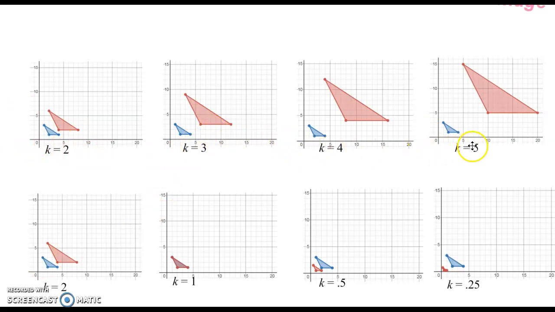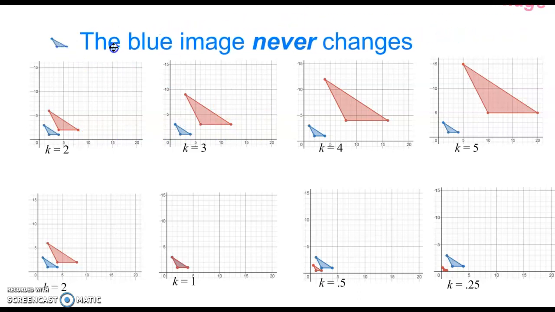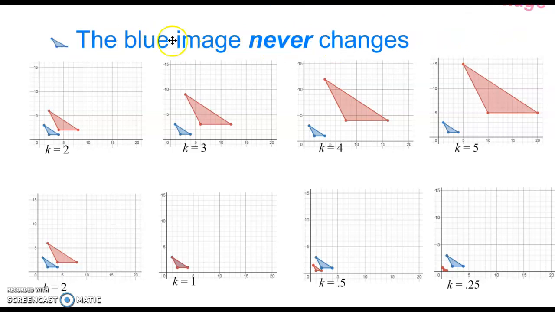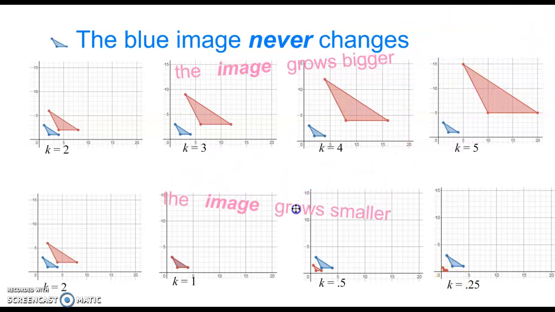Now I've gone ahead and done some pictures that are showing what this looks like at the different places, and we notice a couple things. One is that blue shape never changes. You notice that? The blue shape, that's our original image, as we're going to call it. It never changes. But what happens to this pink one as this slider goes over? We notice that the image is always growing bigger. And that's part of what a dilation is. And as this k number, the slider, goes the other direction and it gets smaller, we notice that the image